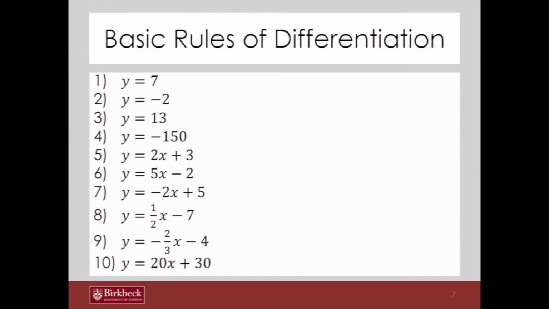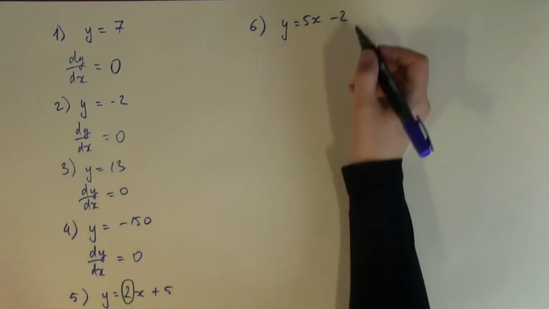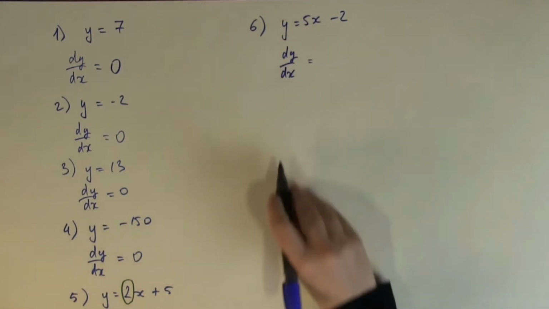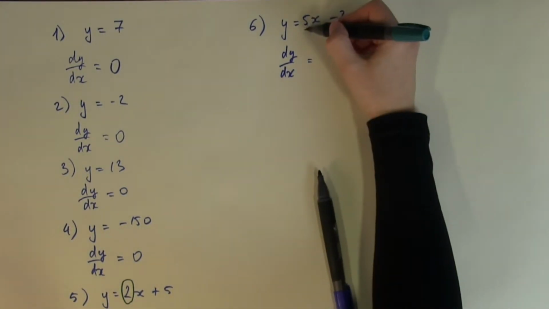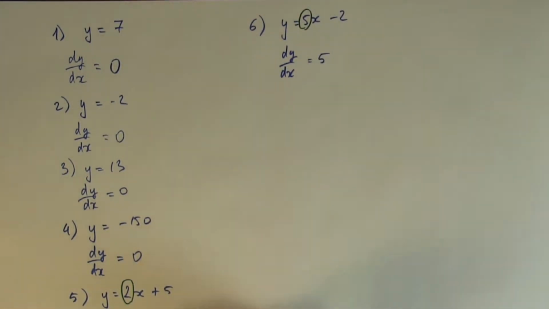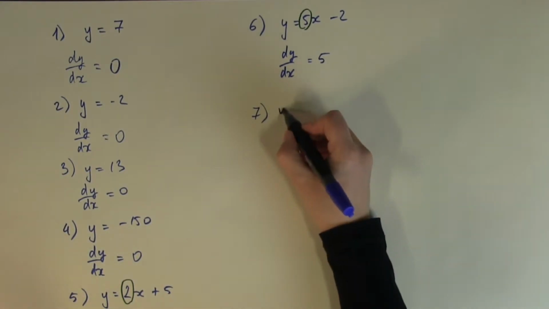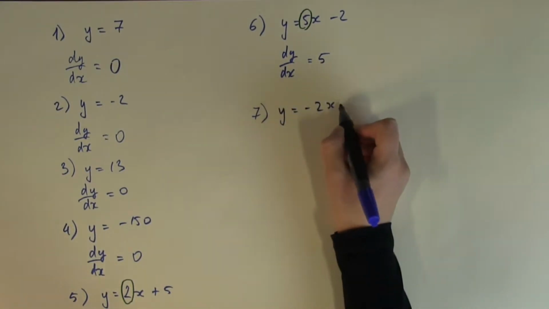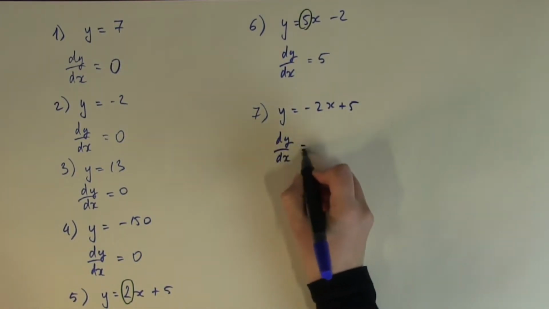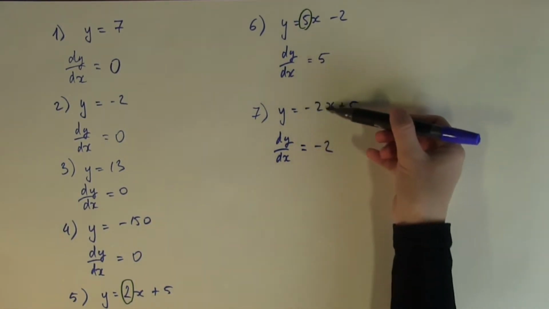Question 6. Y equals 5x minus 2. This is again a linear function. So the derivative will just be the coefficient in front of x. So the derivative is 5. Number 7. Y equals minus 2x plus 5. The derivative is going to be minus 2 because that is the coefficient in front of